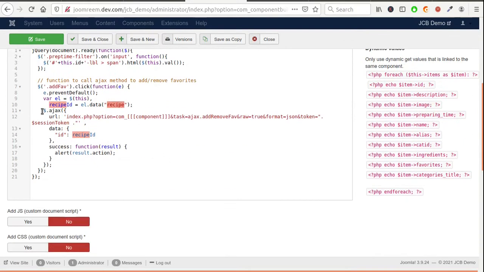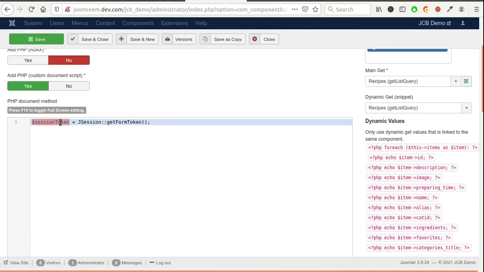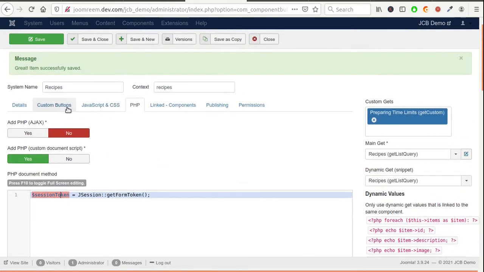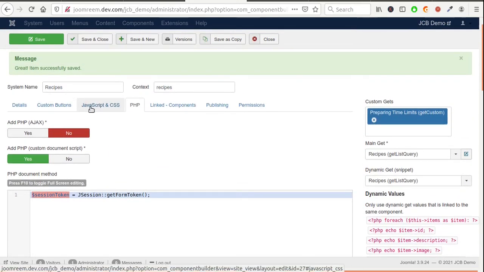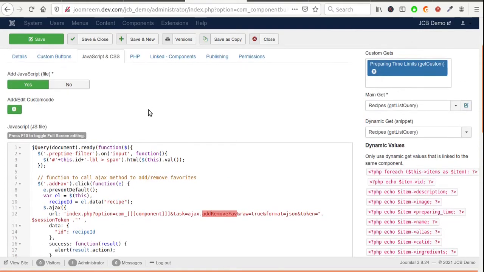This is the Ajax call and the session token is appended to the URL. But the Ajax method or task called add remove fav is not declared yet. Let's add it.